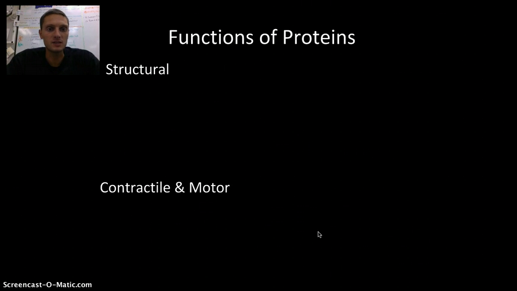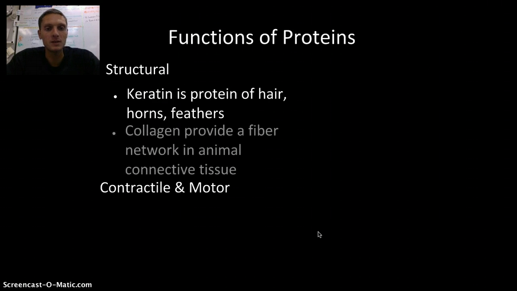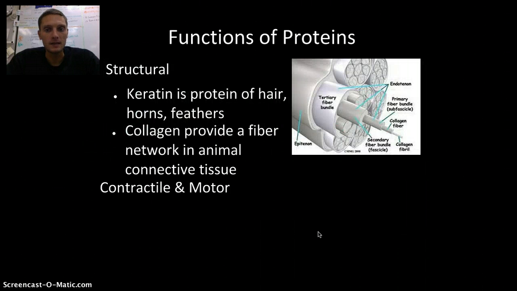Two other functions of proteins. A structural function would be like keratin, the protein of hair, horns, and feathers. Collagen provides a fiber network in animal connective tissue. And so here's an example of collagen. Here's a single collagen fiber, and if lots of these are put together,